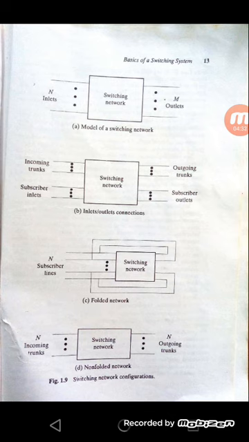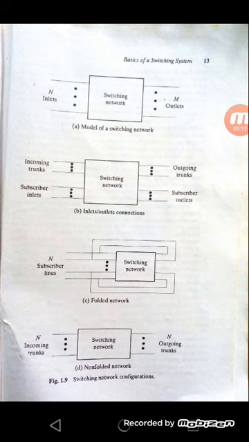At the same time, we are seeing the folded network. Folded network means it is a mixing circuit network. Only one set of subscriber lines is applied on the input side, and the output is not appearing, but it is also sharing the information from sender to receiver.